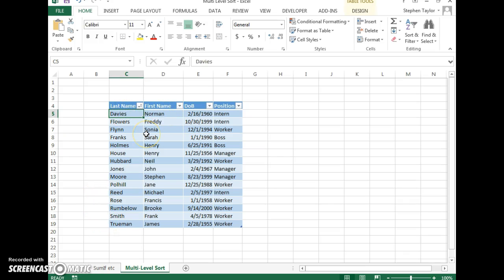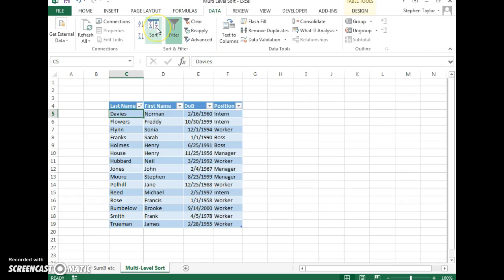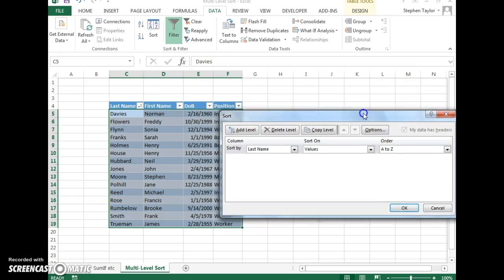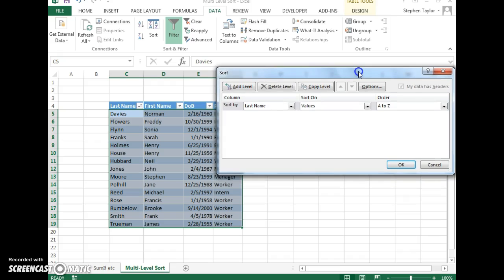Okay, so you need to click somewhere in the table and go up to Data, and you can see Sort. You can click on Sort and it brings up this dialog box, and you can put multiple levels into here. Currently it's sorting by last name, but we don't want to sort it first by last name. We want to have the position sorted first, A to Z. Then we want to add a level and say I actually now want the last name sorted A to Z,